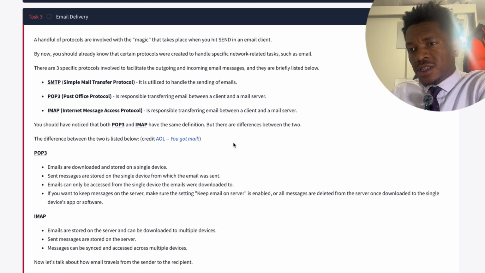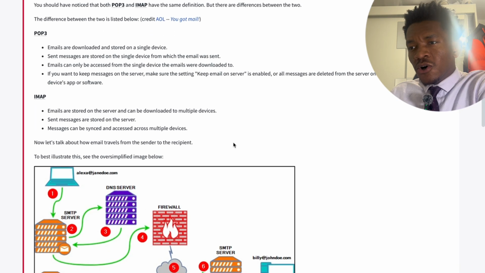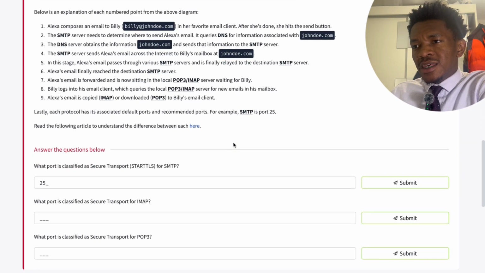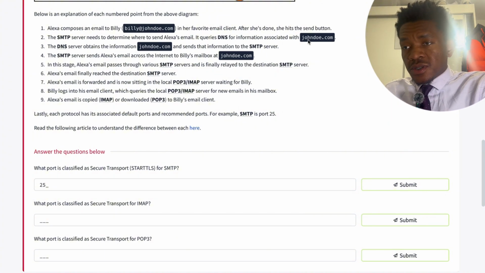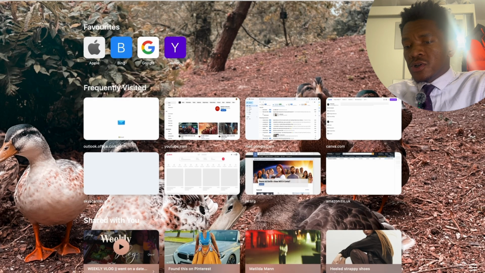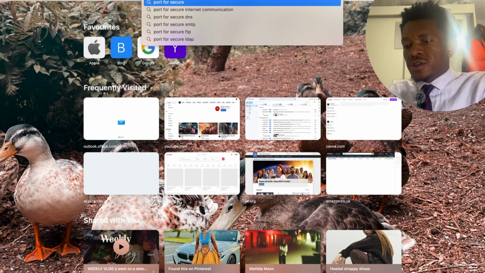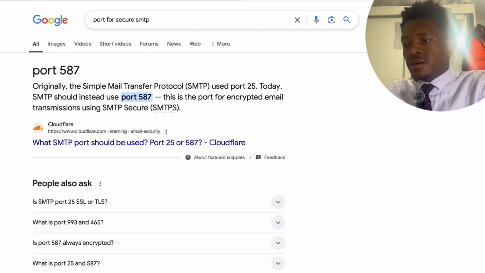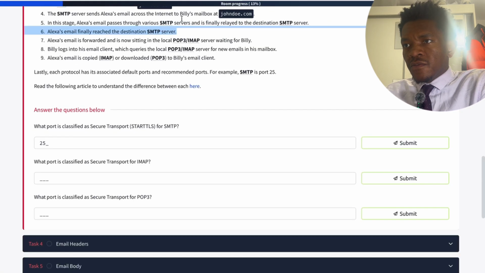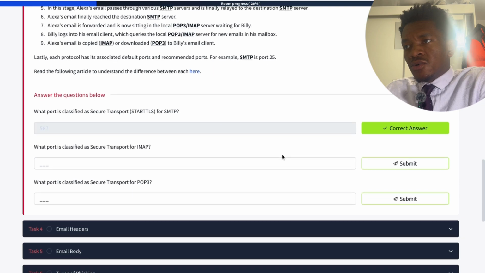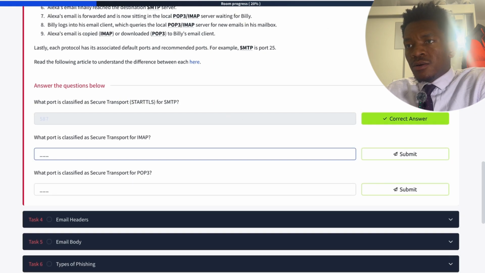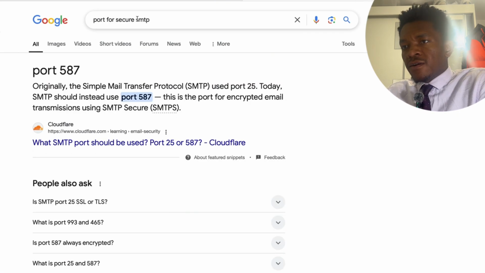And you also notice that the answers aren't always in the session. So it's something as simple as a quick search. And that's how they get you sometimes. So what we're going to do is just do a simple quick Google search, port for secure SMTP. 587. You don't need to know every single port that's out there, but you do need to have an idea